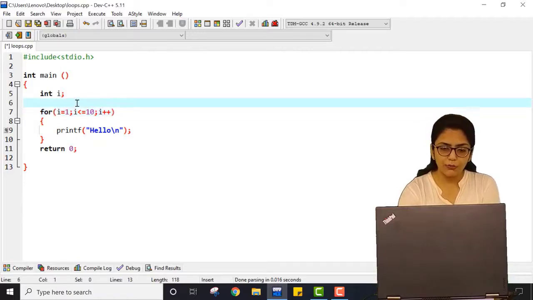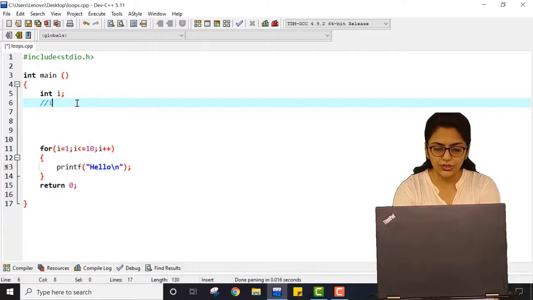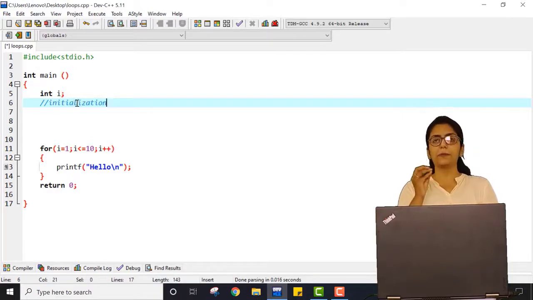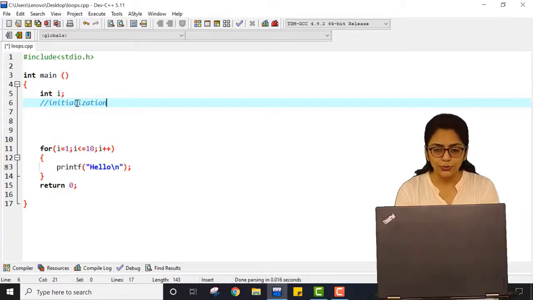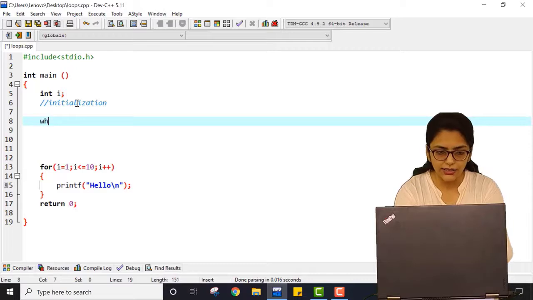Now what if I want to convert this into a while loop? In a while loop the syntax is something like this: first we have to do initialization. Initialization will be done only once, when the loop starts. Make sure this is the same for the for loop as well as the while loop. So first we do initialization, and then I write while, and inside while I write the condition.